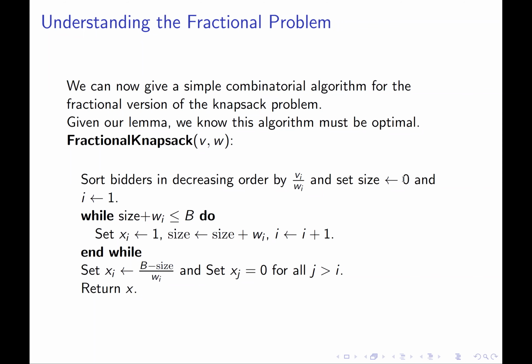And we just do the following greedy thing. In decreasing order of value density, we ask for each bidder, is there room for them in the knapsack? Like if we added them to the knapsack, would we still not exceed our budget? And if there's room, we'll allocate them to the knapsack and do the necessary bookkeeping. We'll record that we've added them, and add their weight to the running size that we're keeping track of our solution.